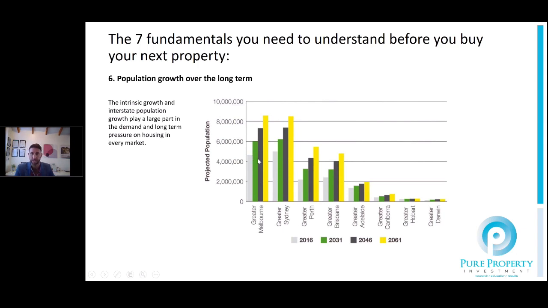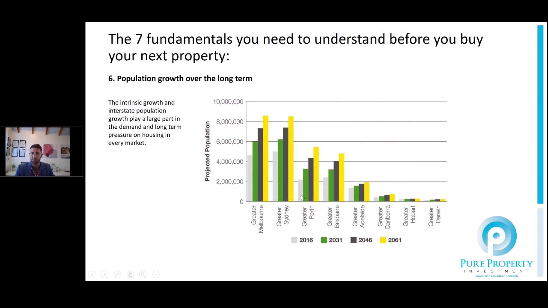But if we look at the current data, Melbourne has had a very good population growth number, intrinsically as far as interstate migration. Sydney has just seen a relatively flat year or two, and I think we're probably going to see that flow through the market over the next couple of years, where there won't be as strong migration, given house prices and economies across the eastern seaboard are quite tidy. But over the long term, population growth in each of those two major cities is very strong.